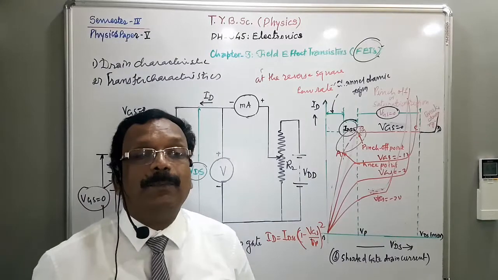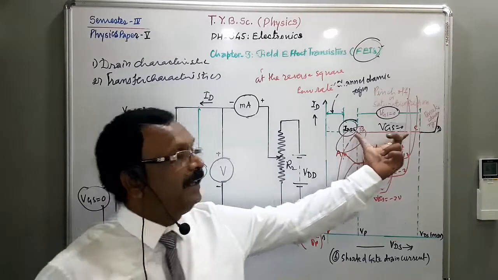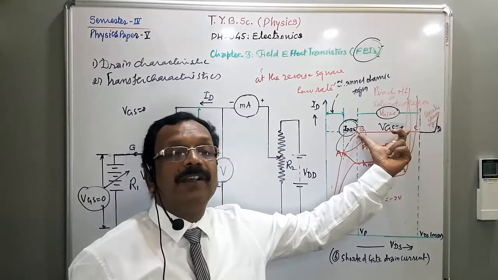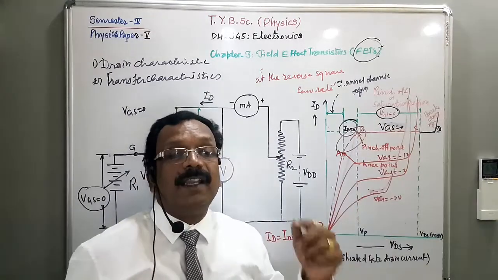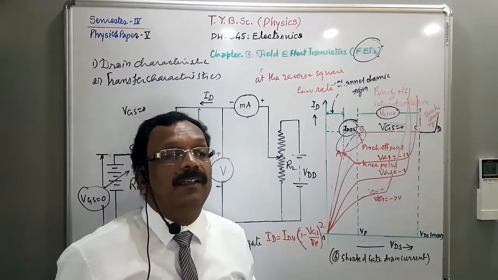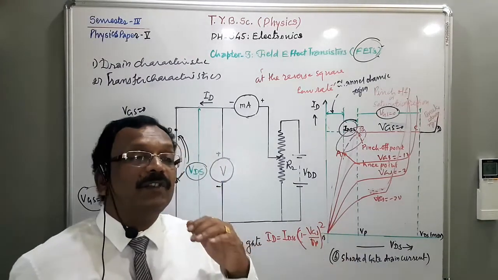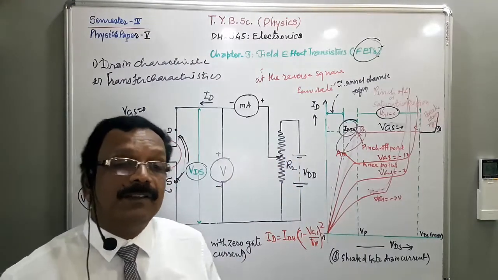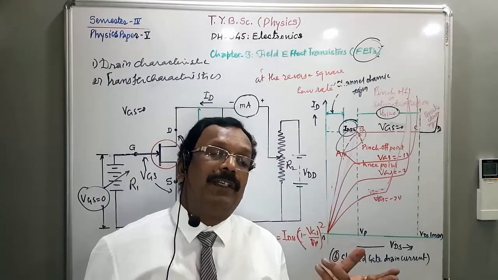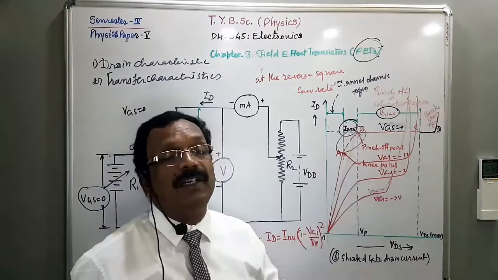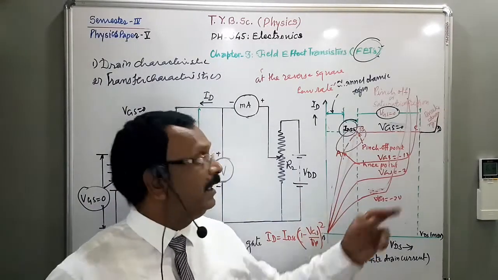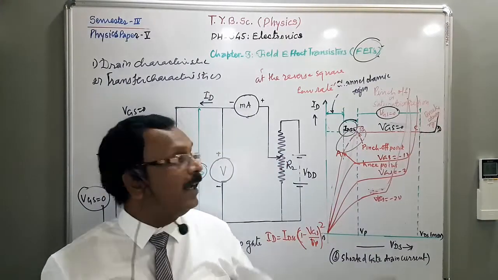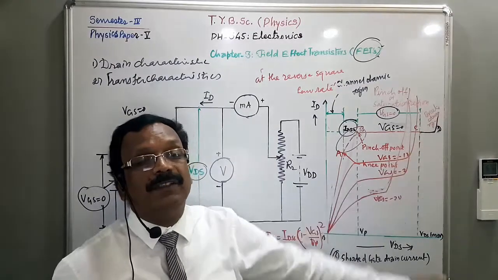This is the Shockley equation, and the pinch off region is the normal operating region. As I am telling you continuously, this region is the characteristic of the FET. The pinch off region is the normal operating region of the JFET when used as an amplifier. And the last region is the breakdown region, C to D, shown by the curve CD.